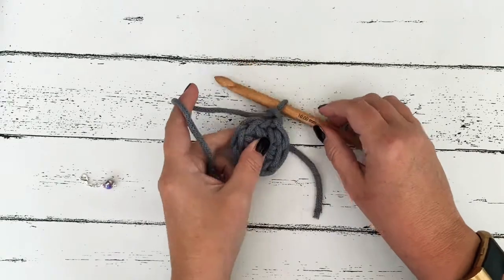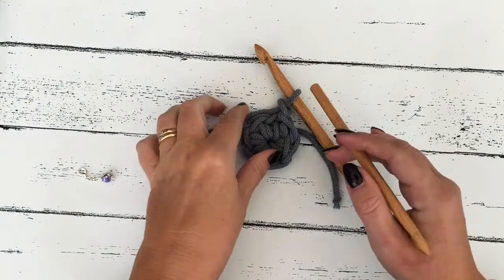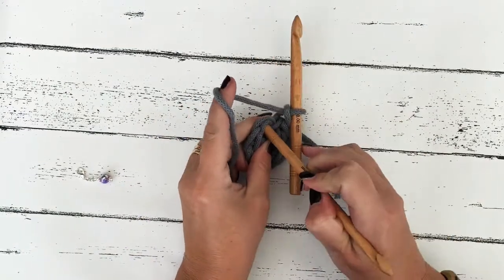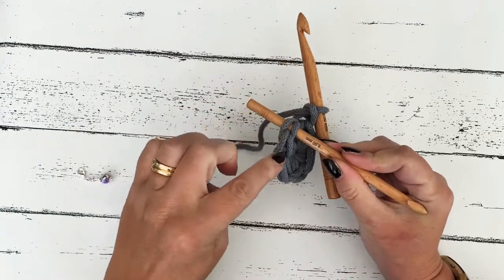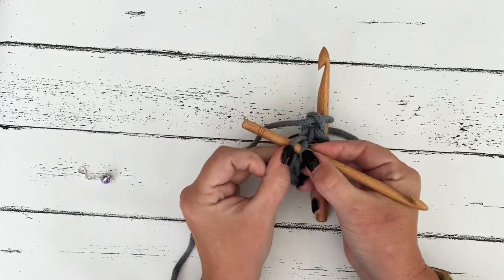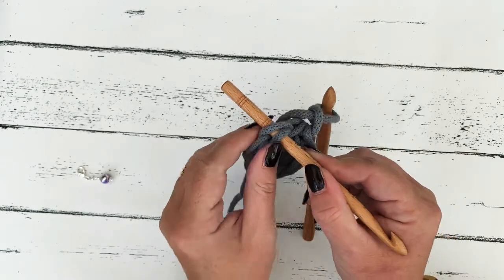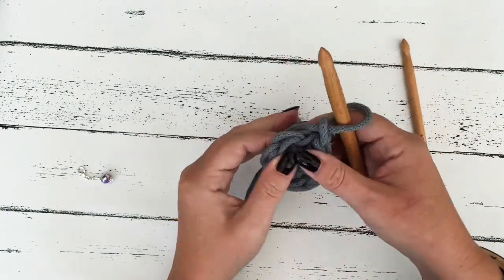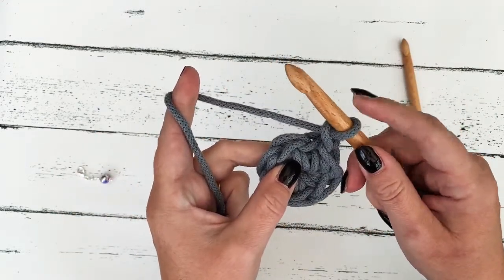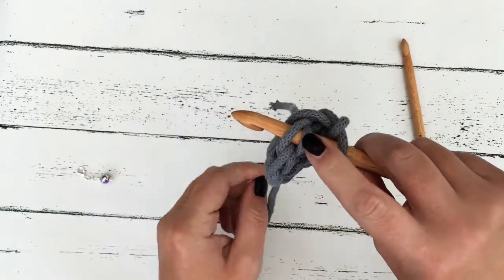Okay, so now we are going to be working into, let me just show you with another hook. So I've got my hook here. We're going to be working into these V's, like these tops of the stitches. This is where we're going to be working. So you go through both parts of the stitch. Okay, so with your hook that's got your loop on it, you're going to go through the whole of the stitch